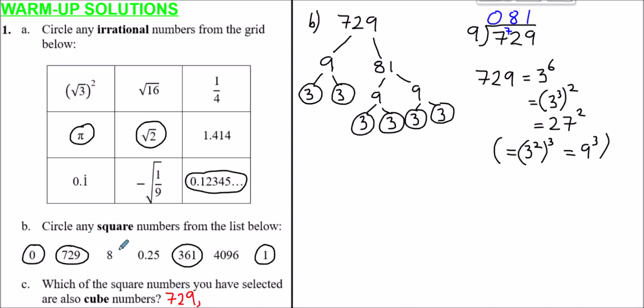Carrying on with these numbers, 8 isn't a square number. 8 is a cube number, so I could write this there, only I can't actually select it as a square number. 8 is a cube. So we had 361. We need to think about 4096 now. So if you're to do this process for 4096,